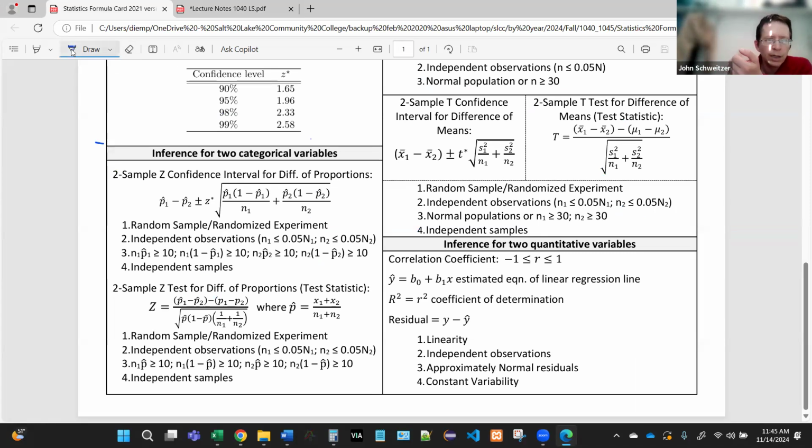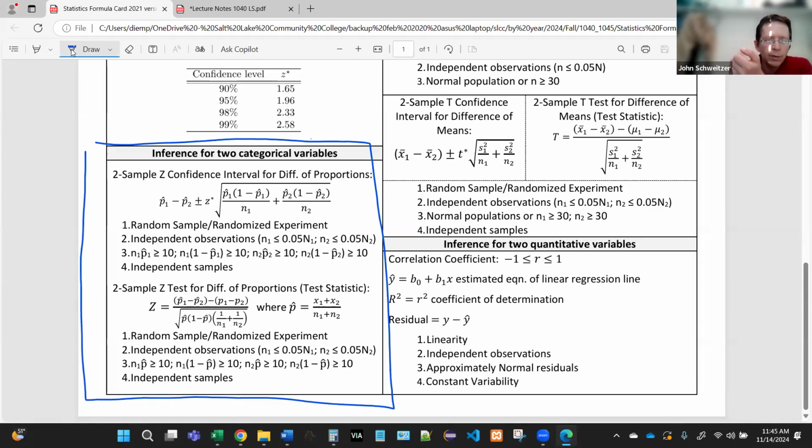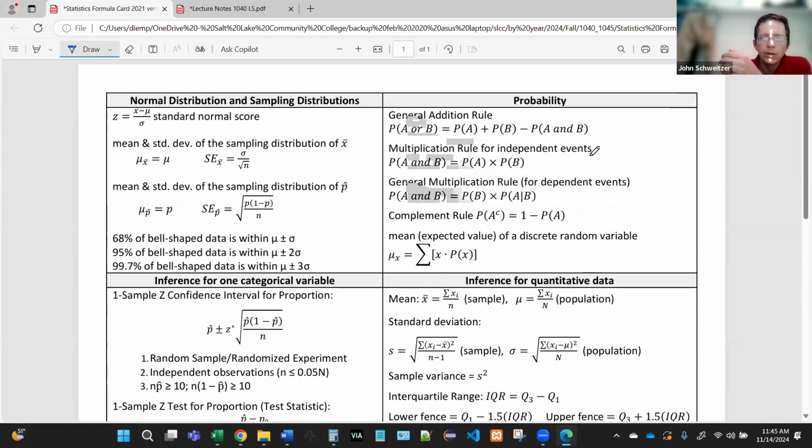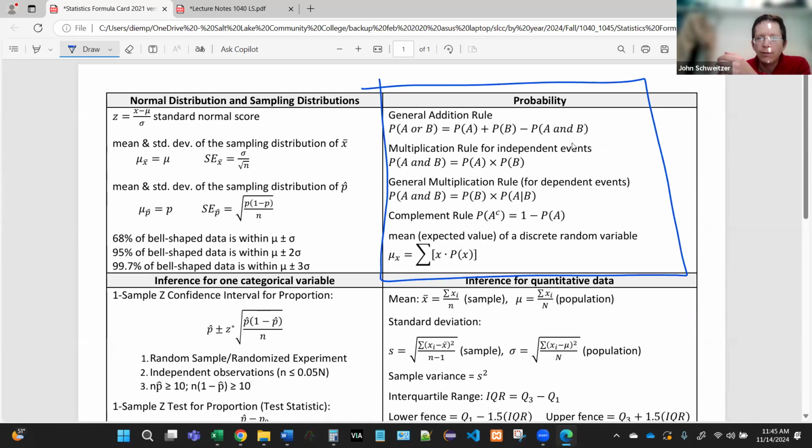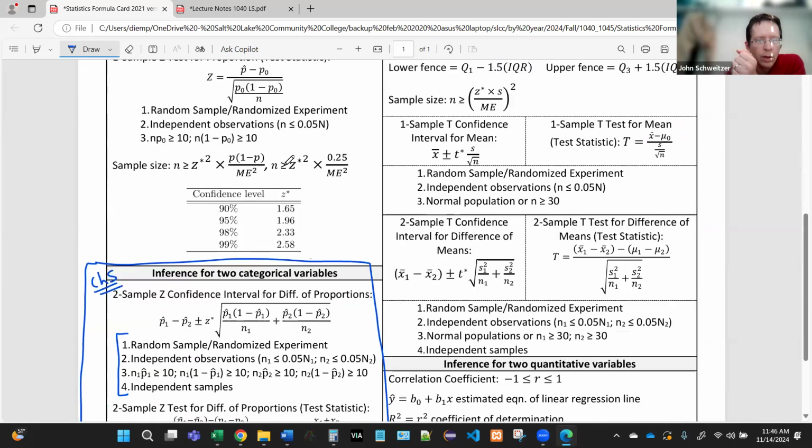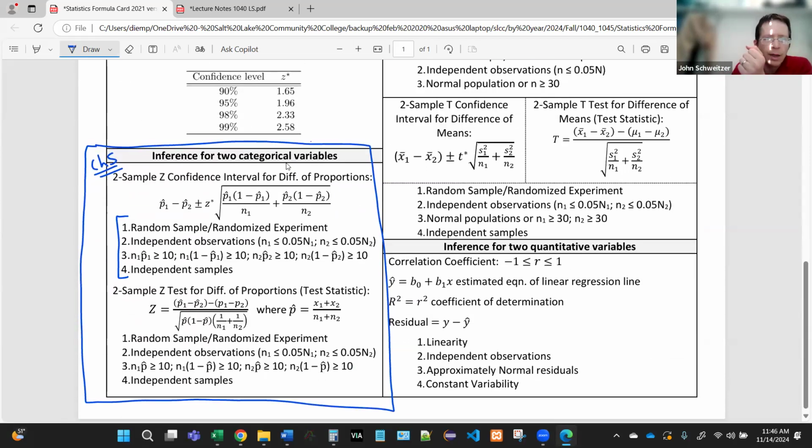So this box down here is the major set of formulas and ideas for chapter 5. So we have 4 conditions for chapter 5. So for your exam next week, this is the big chapter 5 section. And while I'm thinking about it, this is also the other half of chapter 5, right? So make sure you have those on your formula card for the exam, and always make sure you include that too.